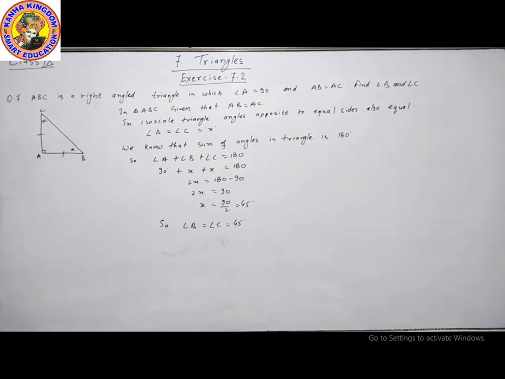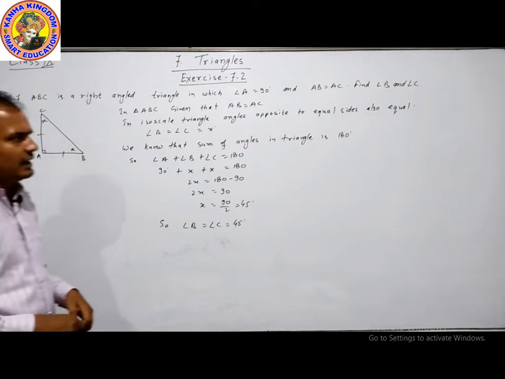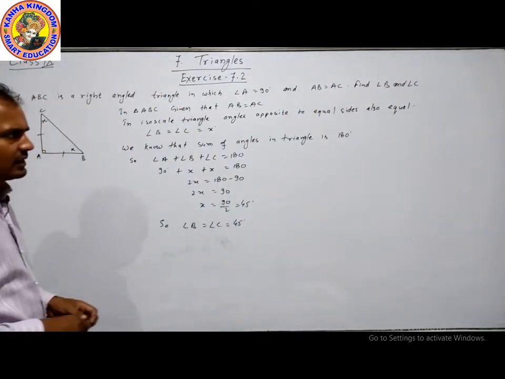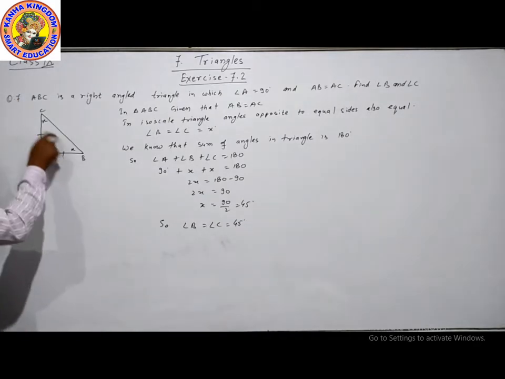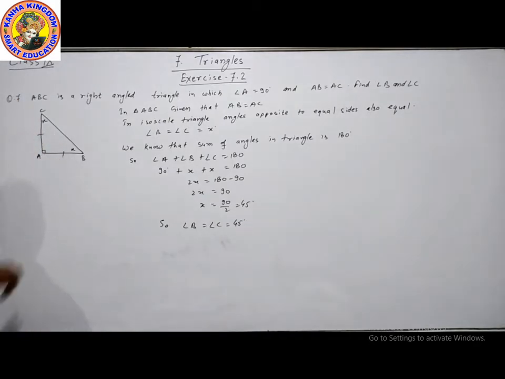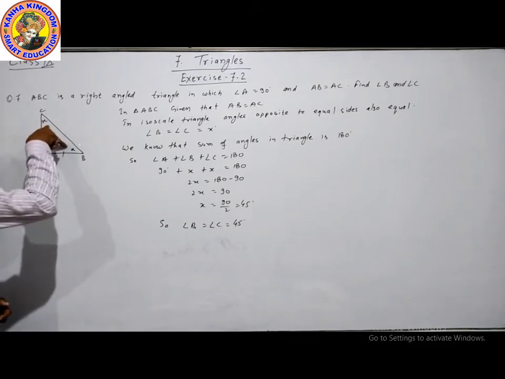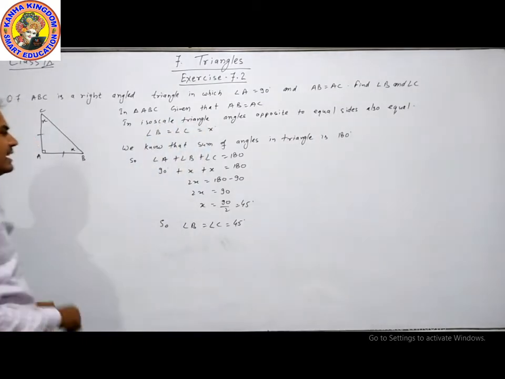Let's take it from the beginning of this question. ABC is a right angle triangle in which angle A is 90 degree. Let a right angle triangle be right angled at point A. So this is our point A, another is B and C, and given that AB is equal to AC, AB and AC are equal. Find angle B and angle C. In this triangle, two sides are equal, then two angles will also be equal. So these are x and x degree.